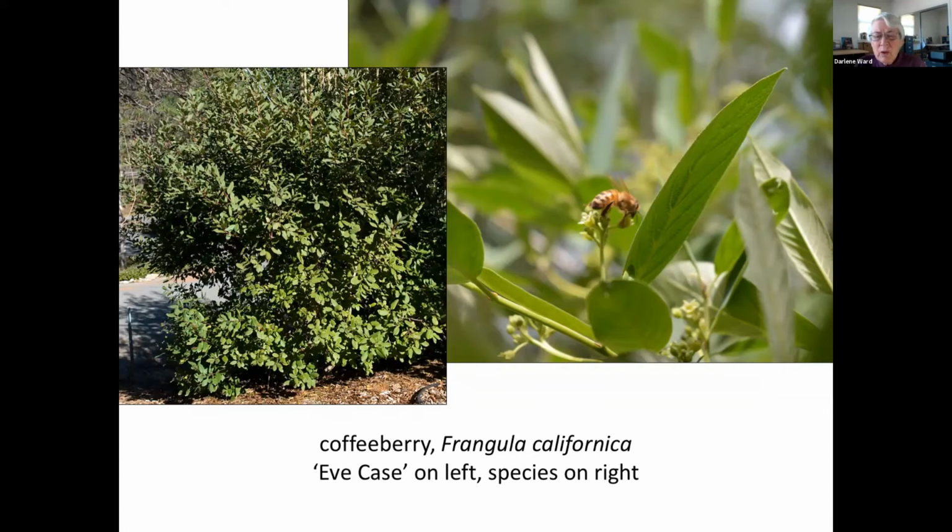Eve Case is a more compact plant, and it looks fuller than the straight species. Often pollinators will prefer the straight species over cultivars, but humans may prefer the cultivar for the special feature. We'll talk more about cultivars in part 2. The next plant